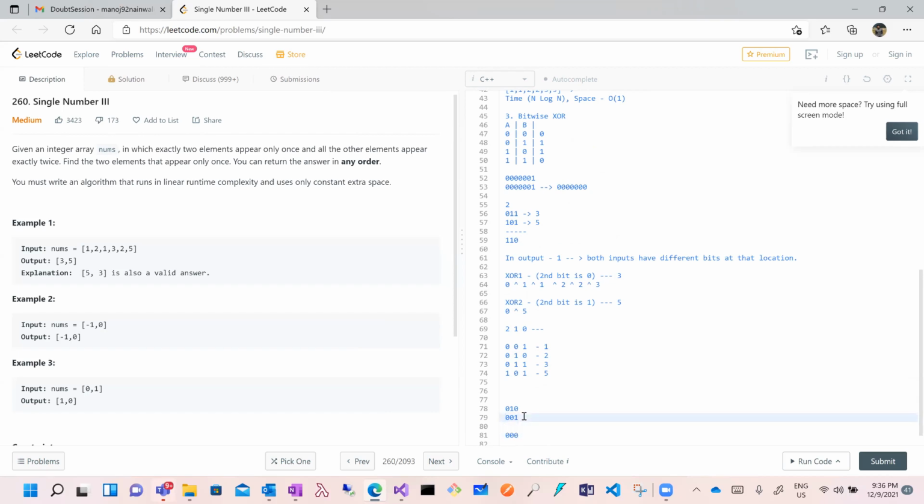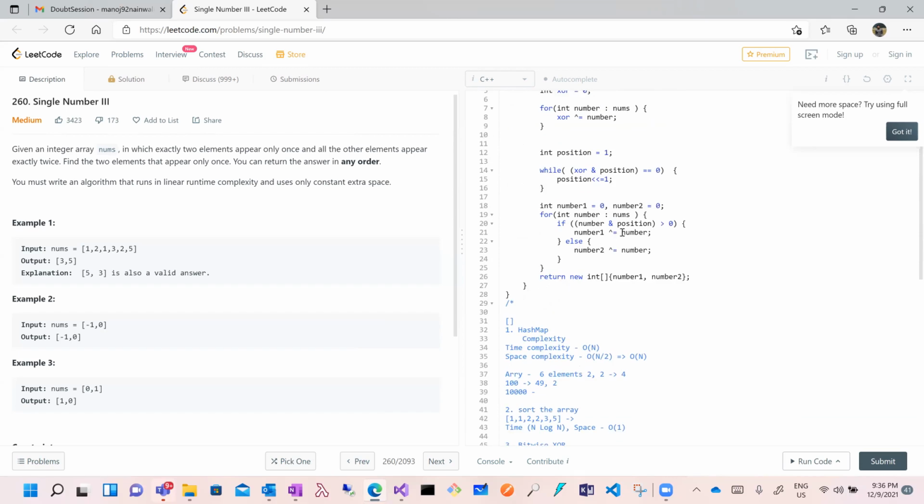If you do bitwise AND here, this is the same condition. So the number will be 0 and it is not greater than 1. So I'm XORing it with number 2. So it's like splitting with that position.